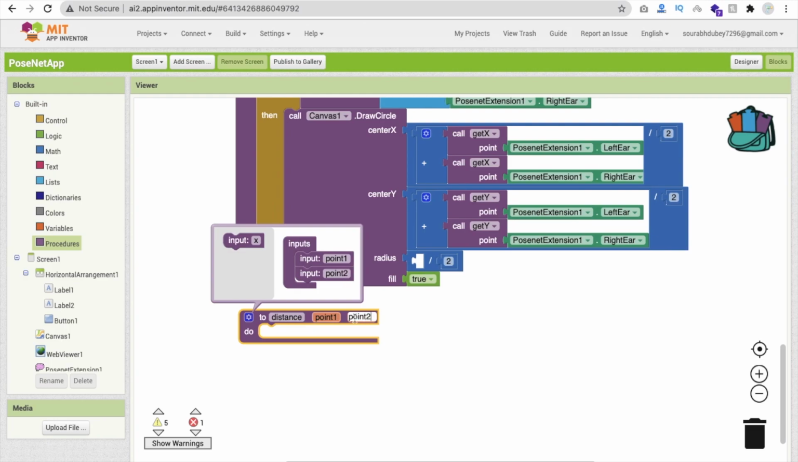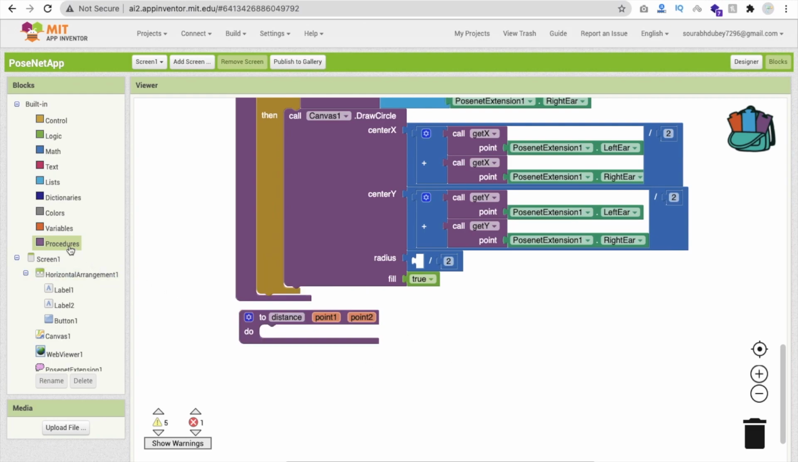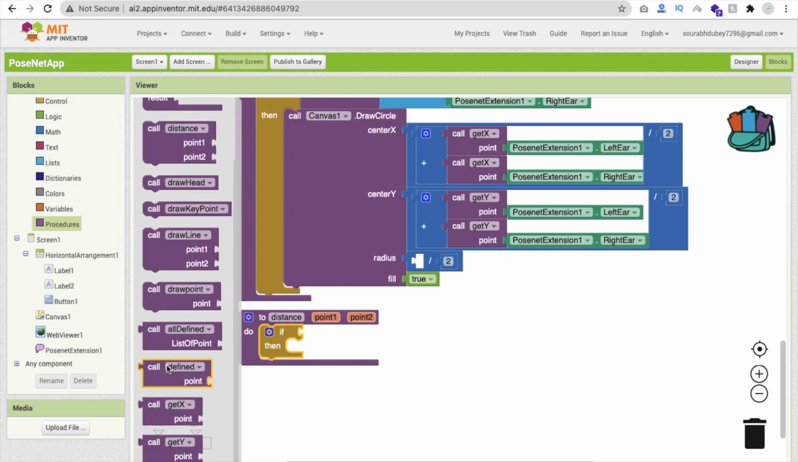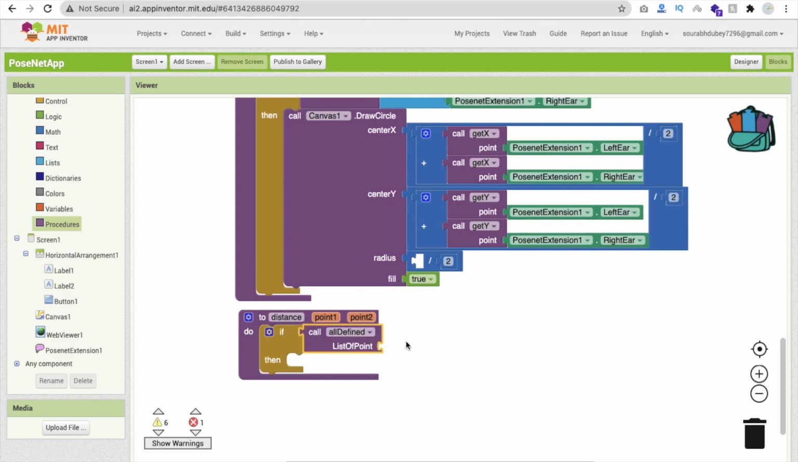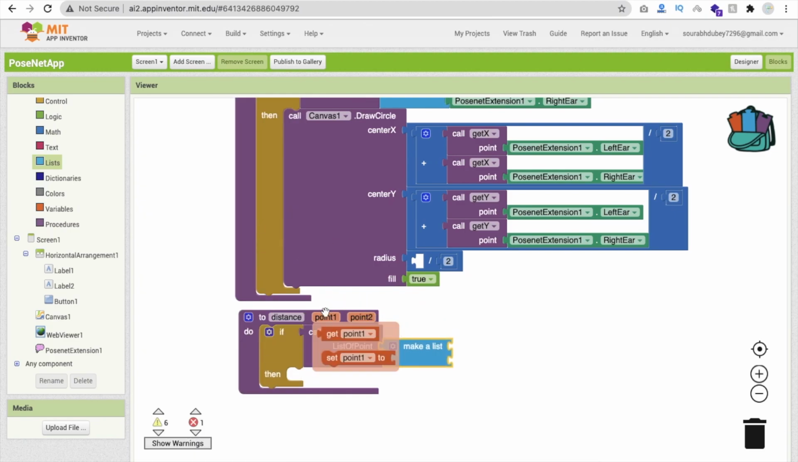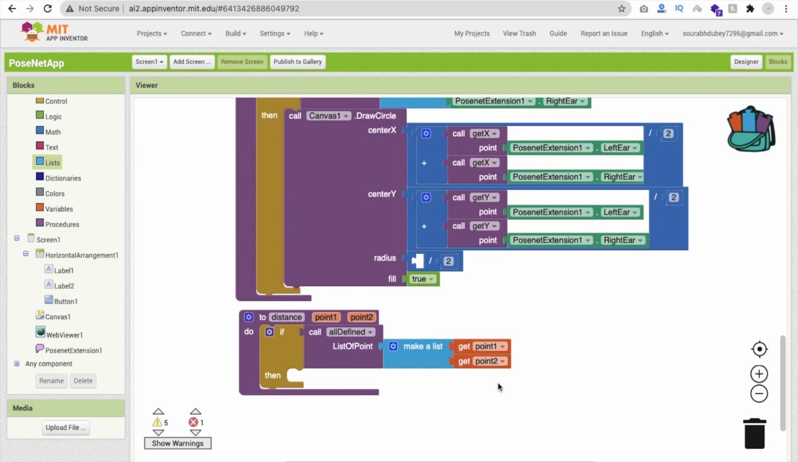Now again, a simple thing, like control, as we have to check whether all the points are defined or not. So just simply call the procedure, and you can see list of points, where list of points all defined, this one, and we have to make a simple list like this, make a list, and point 1, this one, and then point 2, just copy paste this and change it to point 2, right? If everything's fine, then